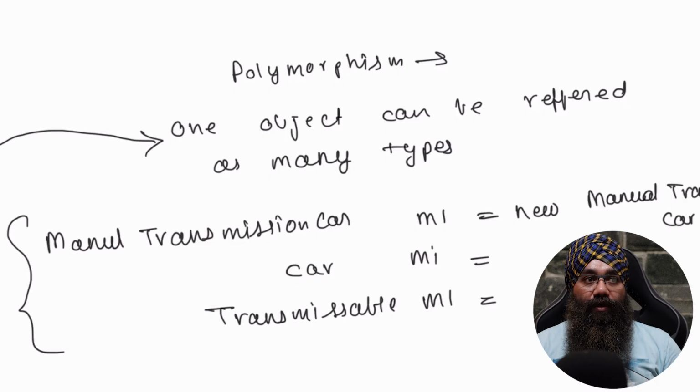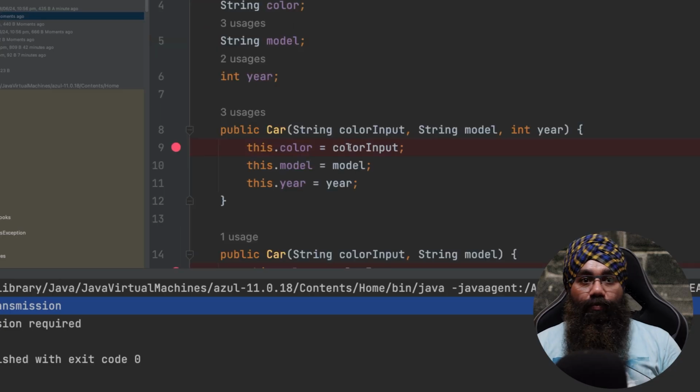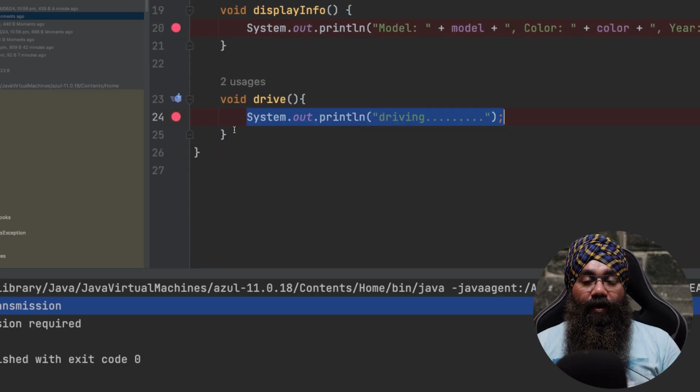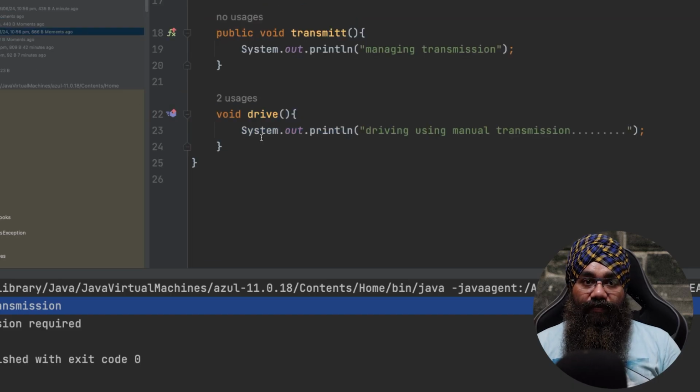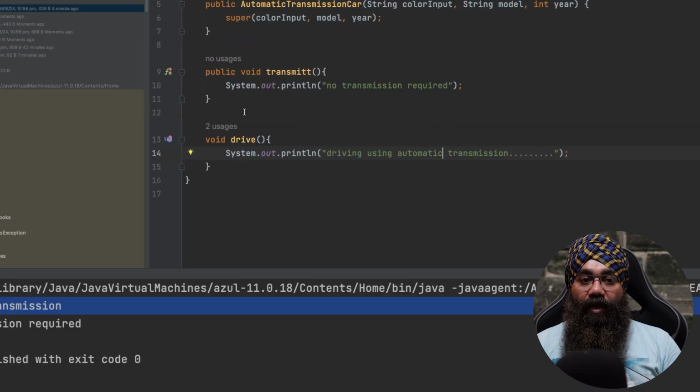So the parent class also has the drive method. This is the car class, and this is the child class, manual transmission car. This also has the drive method. So which one will get called? The same method is present in both places, and on the left side we are using the parent name. Suppose we have this display method in our parent class, and we implement the same display method in our child classes as well. So in the child class we have written driving using manual transmission, and in the other child class, which is the automatic transmission,